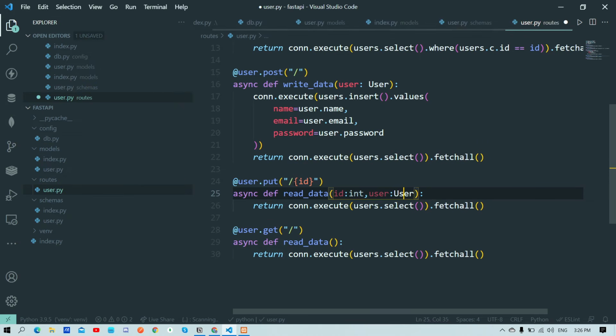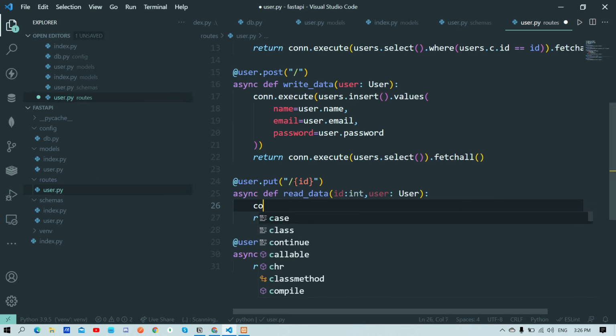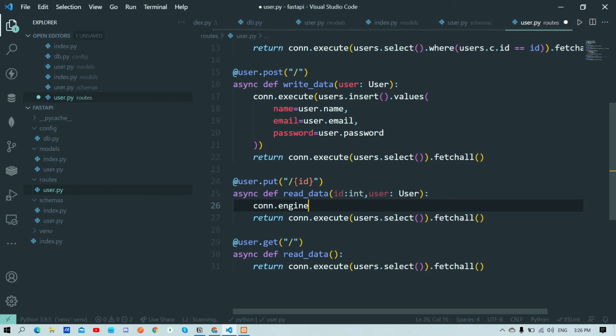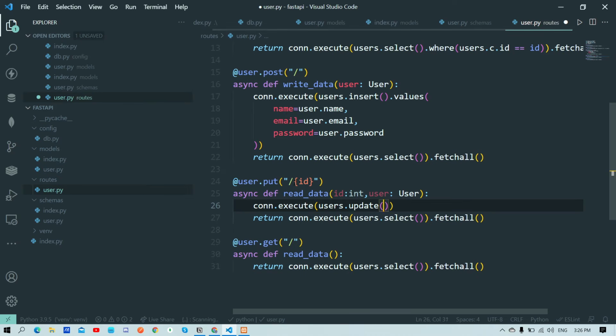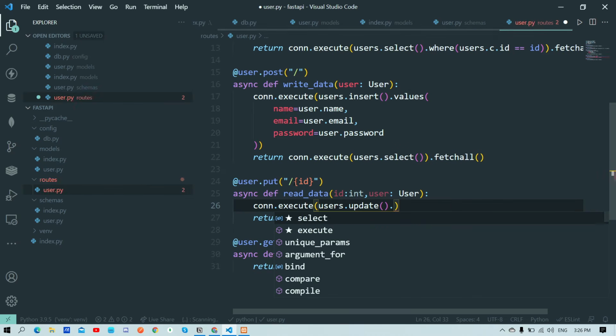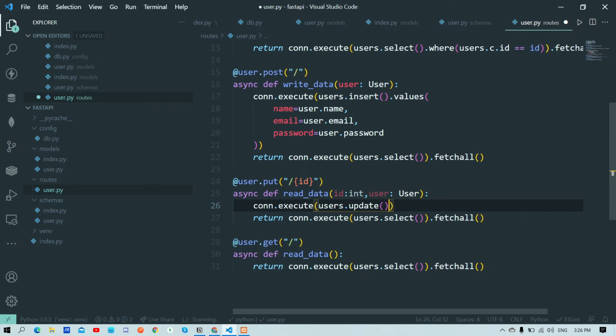Okay, and in here if you want to update the data, you just need to use connection.execute, and in here users.update simply,